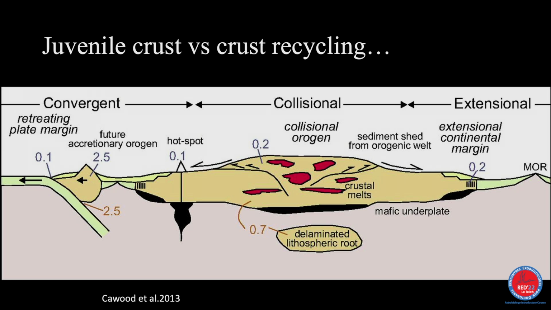But sometimes, if the crust is really thick, we have delamination of the crust, with some parts going to the mantle and being melted. And within extensional environments, we have mantle melting. The melts are going up, and also they are contributing to the crust formation. So we have a lot of places where crust is added, and some places where the crust is recycled,